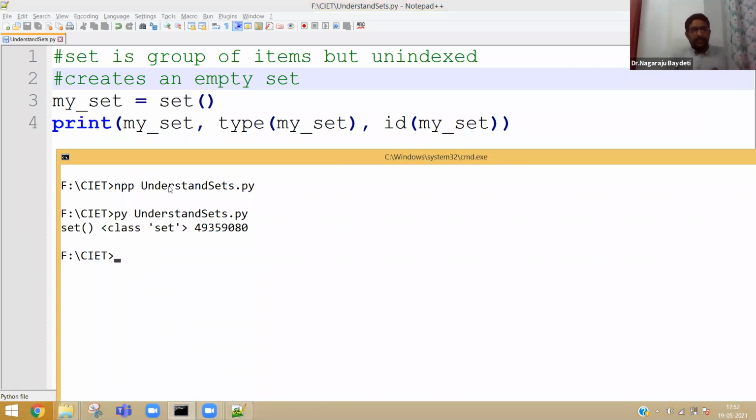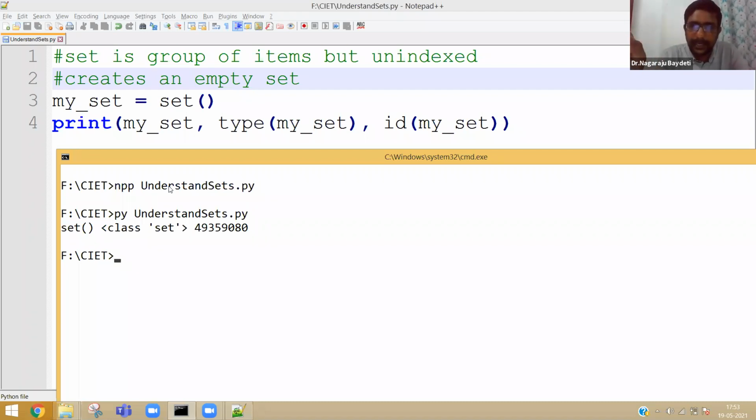Now you can see it's a class. Again, there is an object. Obviously, in Python, because it follows the object-oriented paradigm, you can see that there is an object which is created from the class set. Okay. Now, it's very simple to understand. I believe that you guys can really go through and learn by yourself. In case you have any difficulty, we will revisit the sets tomorrow.